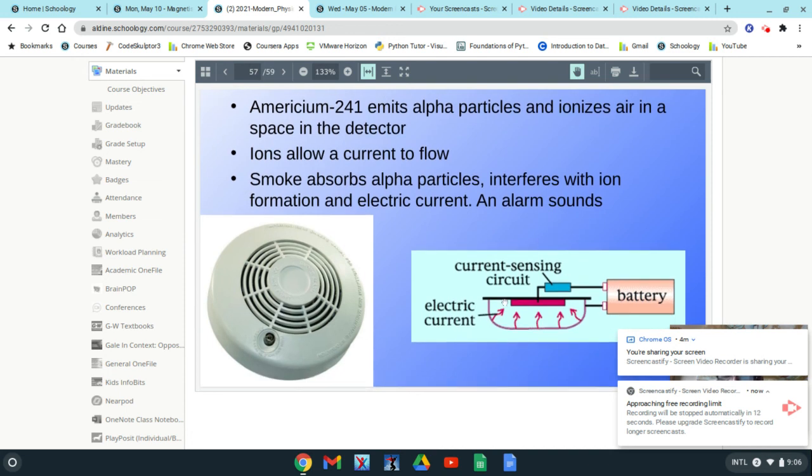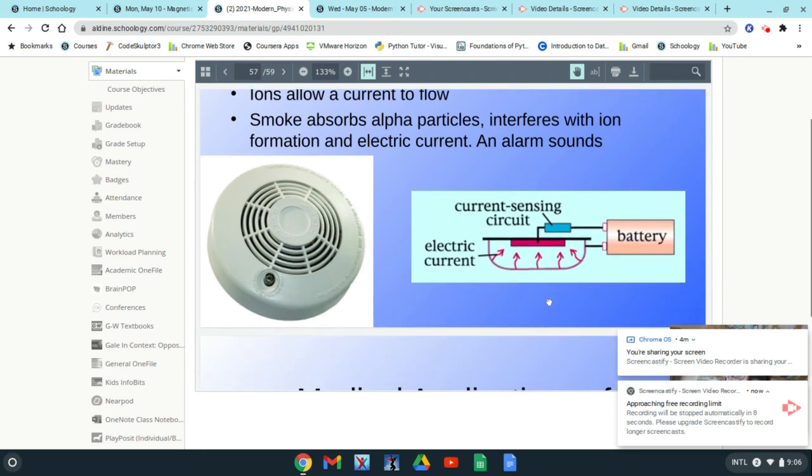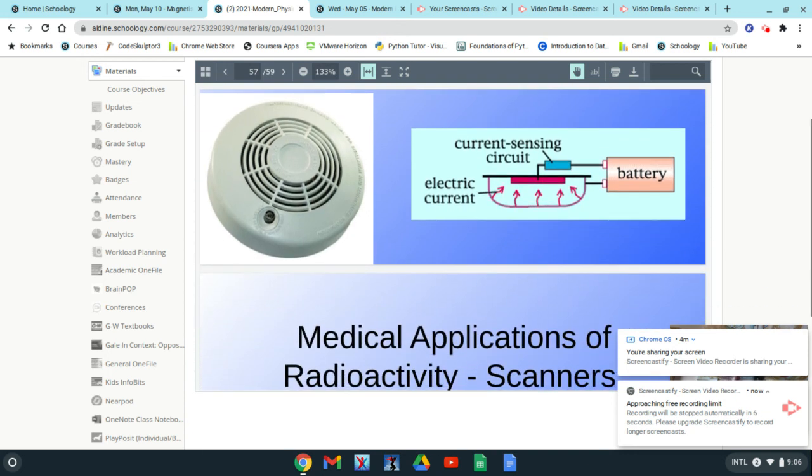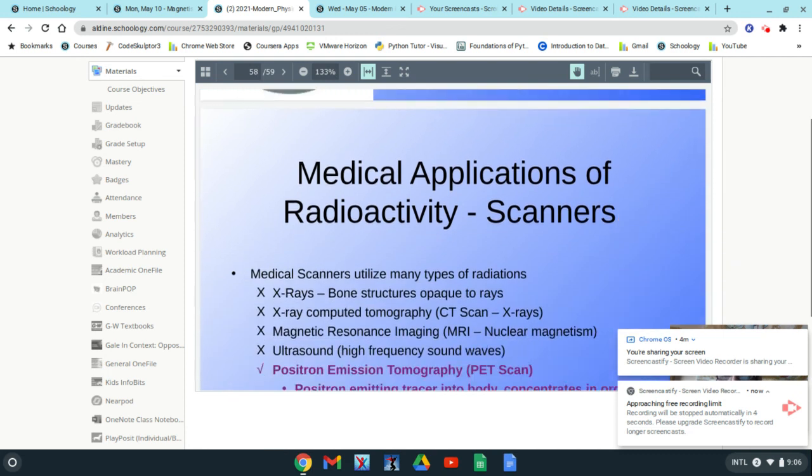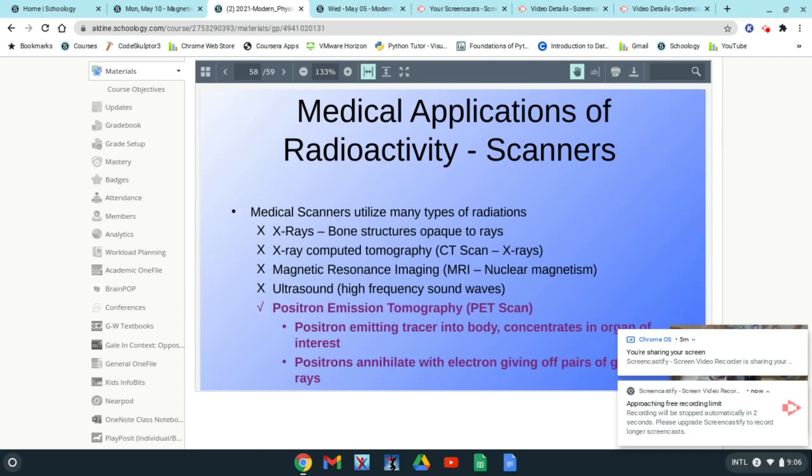We are using different methods now for smoke detectors. We see them that we can use